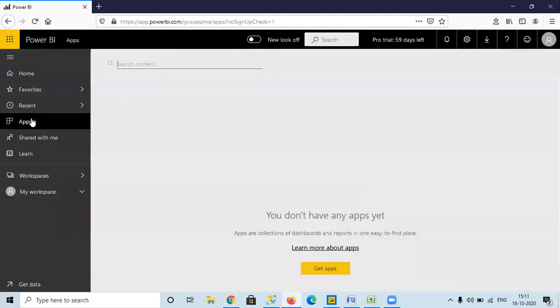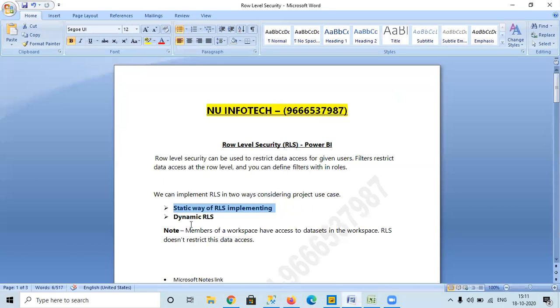Let's say I go to the app space. It doesn't have anything. If he has access, he could see it here also. Okay, so we will discuss that now. What is dynamic row level security? Dynamic RLS means we don't have to do so many static things. The access can be enabled automatically. Okay, so let us see that.